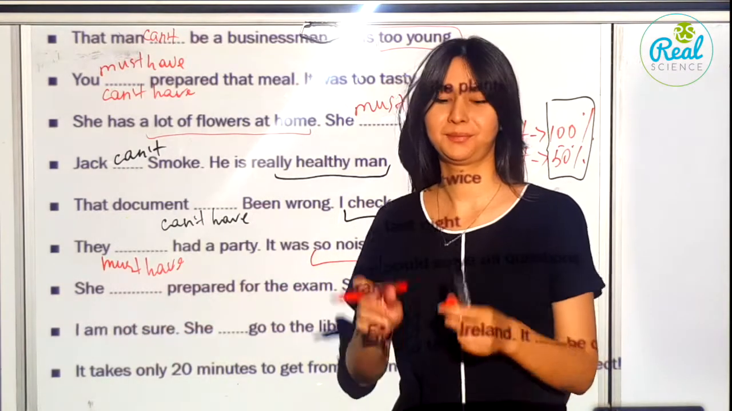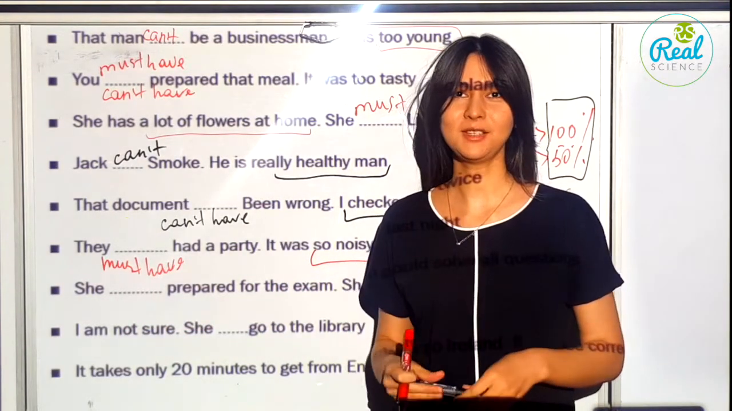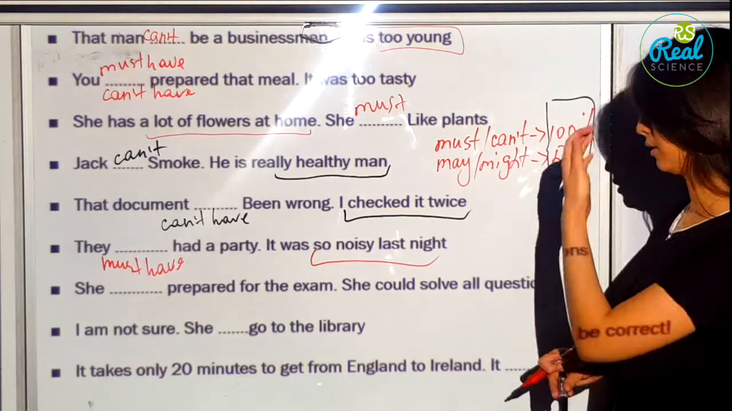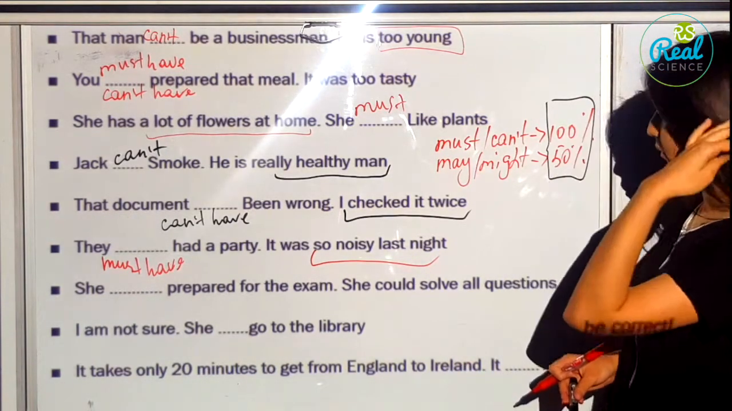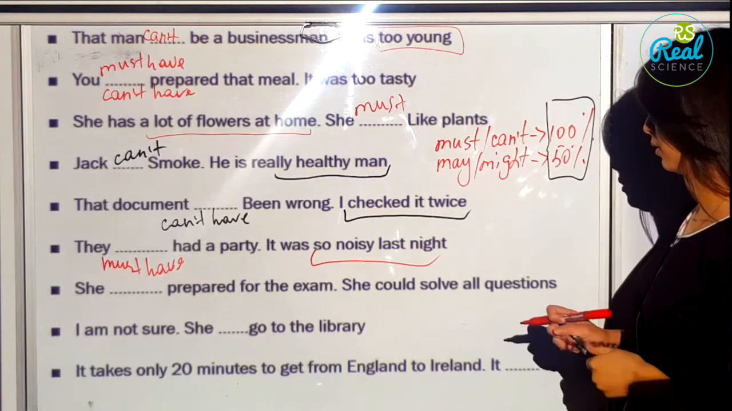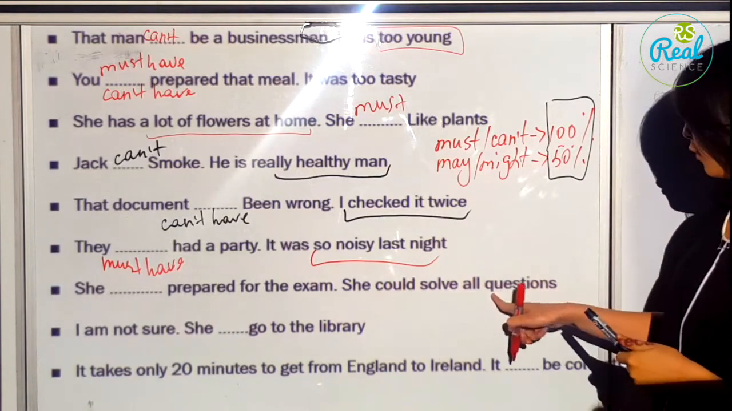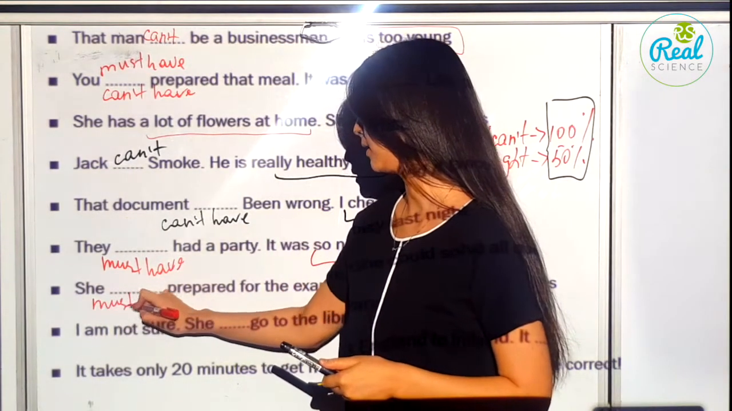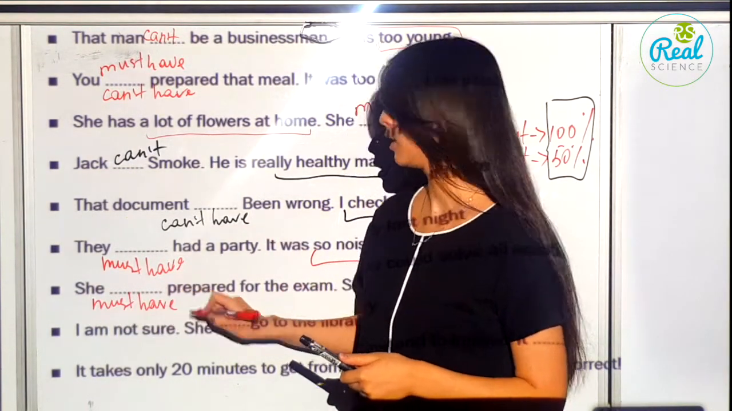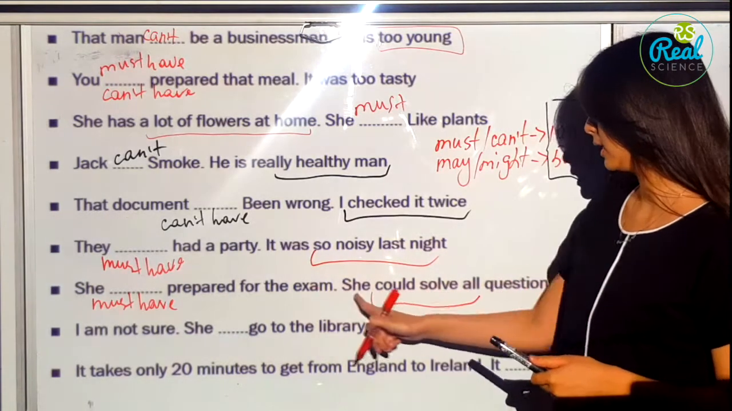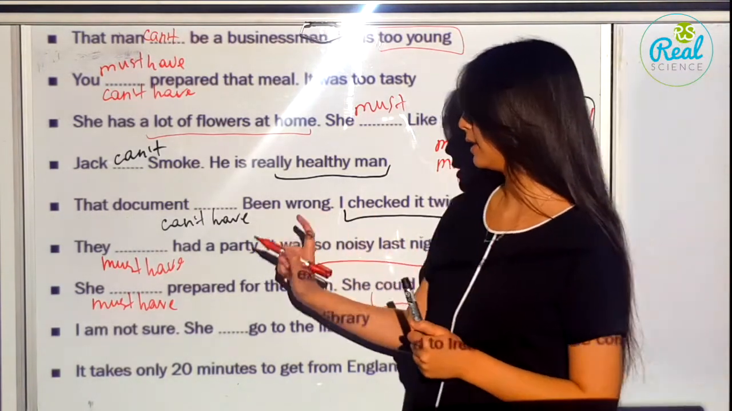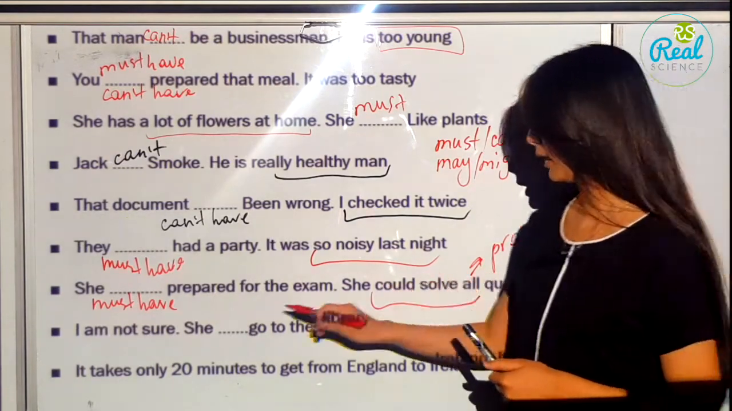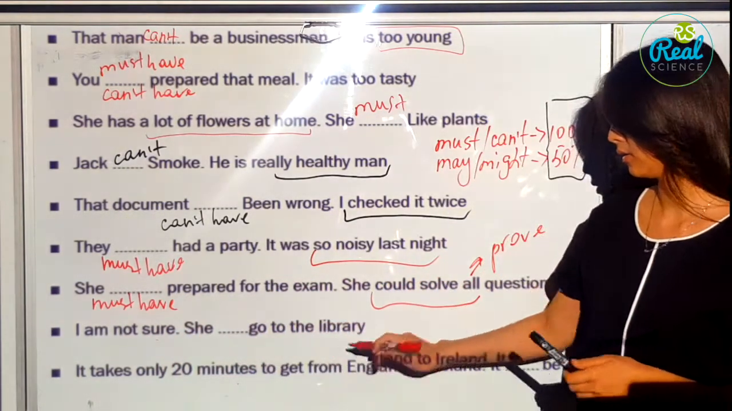Next one. Volunteers? She must have prepared. Yes, correct. She must have prepared for the exam. She could solve all questions. This is like our proof. Okay, next one. I'm not sure. She may